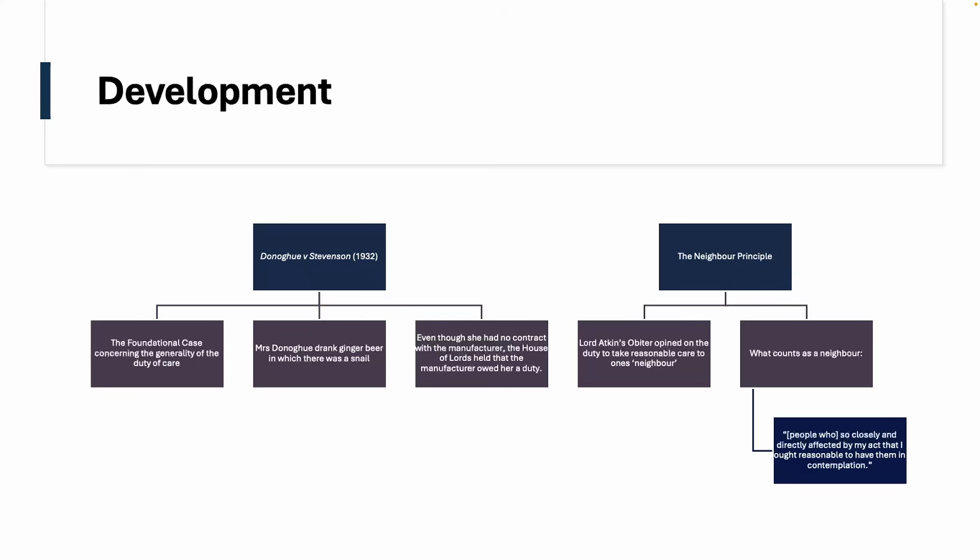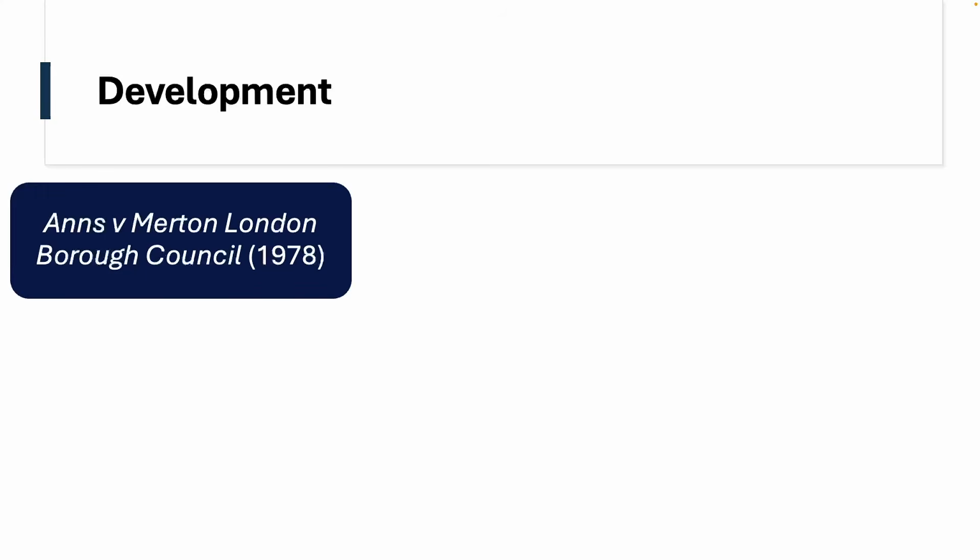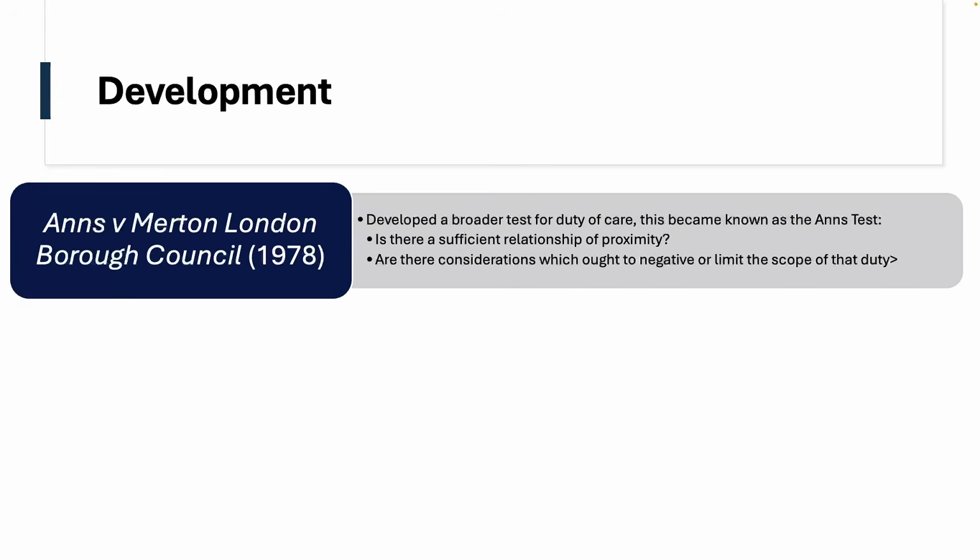So this establishes this idea of both foreseeability and a sense of proximity, okay? But it hasn't formally explicitly made that clear just yet. The case of Anns and Merton, however, is a little bit more developing in terms of the test. Here we get what becomes known as the Anns and Merton test, which establishes a broader development for the duty of care, but takes on the characteristics of the neighbour principle from Donoghue and Stevenson. It establishes